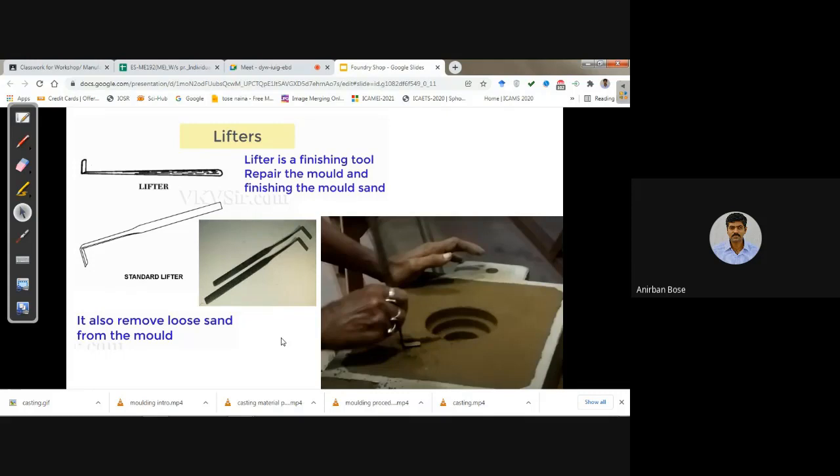Those kinds of work can be done with the help of the lifter. Here you can see that one gate is cut near the mold cavity, and with the help of this lifter, that particular gate is repaired, or final finishing is given.